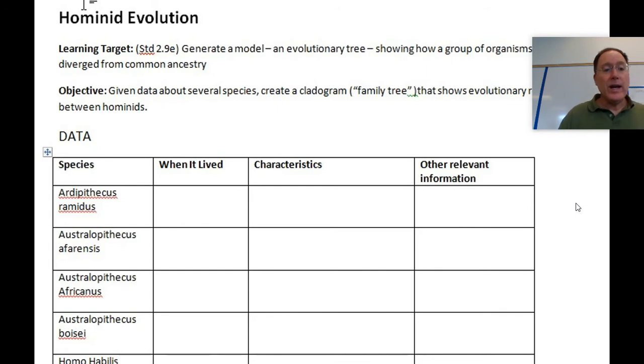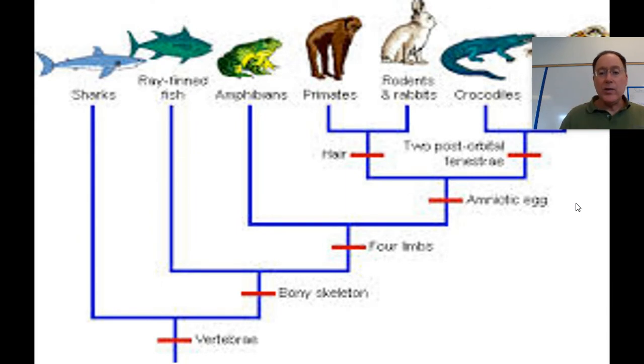Remember, we watched the movie. We had this Australopithecus afarensis, africanus. We had Boisei, Homo habilis, Homo erectus, Neanderthals, and so on. And what we tried to do was create an evolutionary tree that looked like this. And what's important there is,